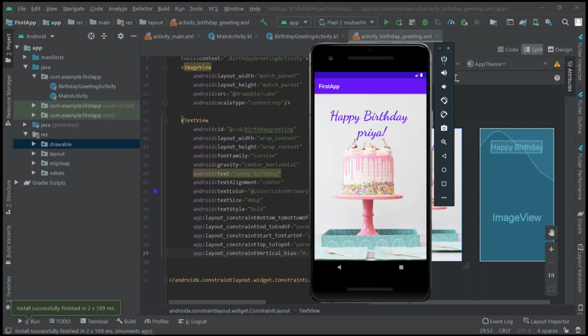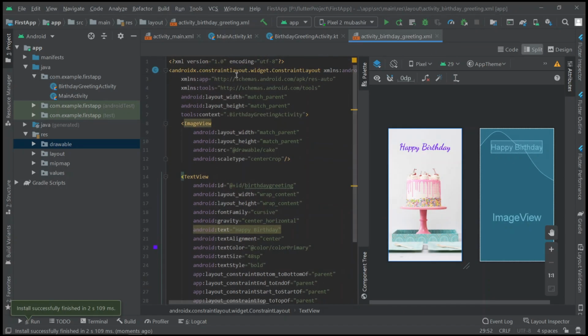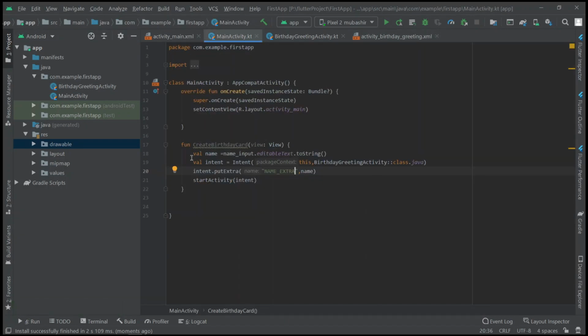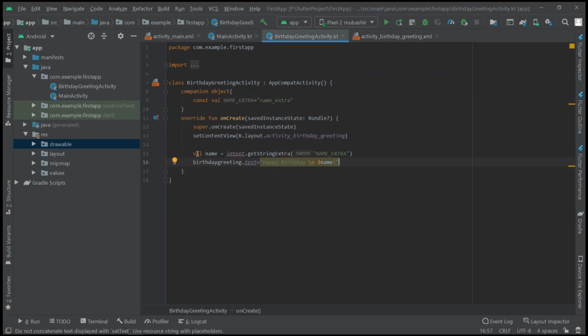So let me recap this once again, what we did in this video. So in the main activity we created an intent which is responsible for changing our activity from the first activity to the second activity. So here we passed this context, which is this activity, to the final point activity, our destination activity, which is birthday card activity, this colon class dot java. And here we are going to pass this name, right? We need to pass our name. So for that we are giving here intent dot put extra, and here we are going to receive this using this get string.